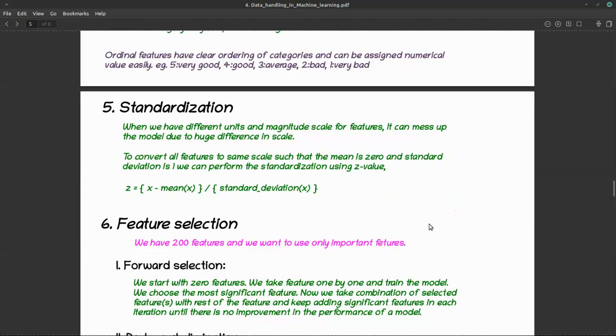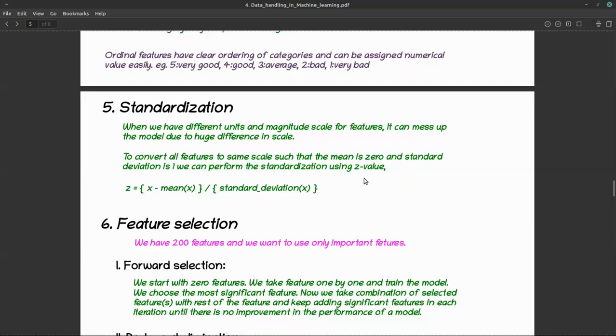Correct, based on the problem that you're solving, you can come up with the bins. That makes sense. Yes. If you don't know what should be the bin size, then you can use decision trees to come up with the bins. Good question. Yes. Thanks, Dhiriteja.